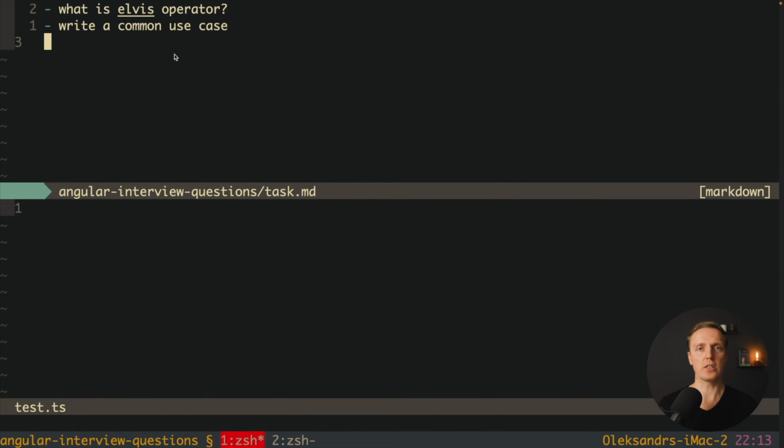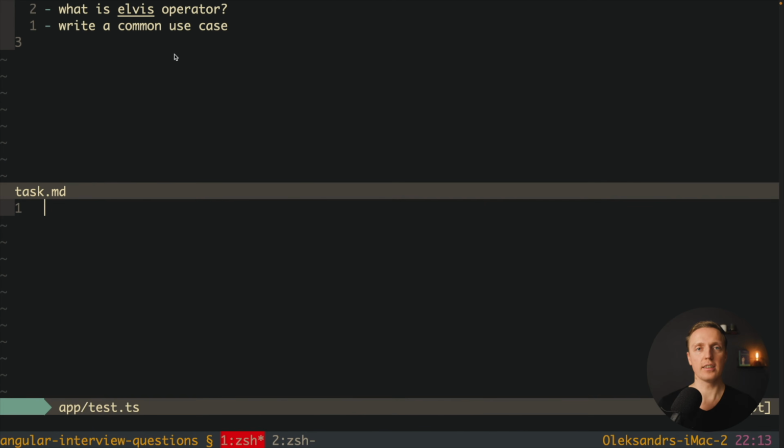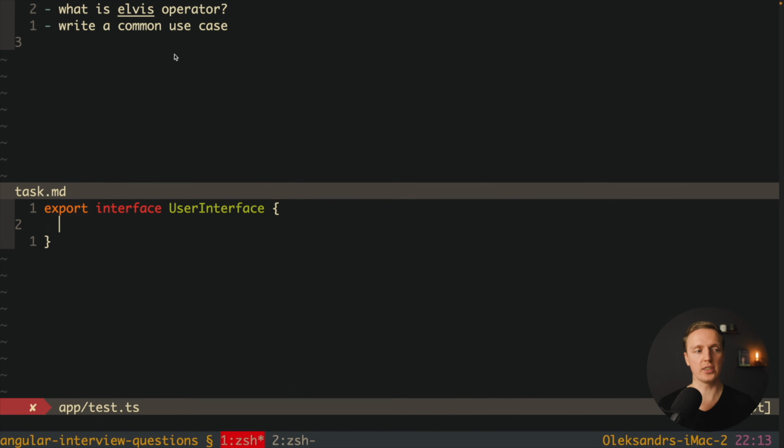Another Typescript question that you might get is: what is the Elvis operator, and can you please write a common use of it? In order to demonstrate it better, I would like to create an interface. Let's say that we're defining a user interface.